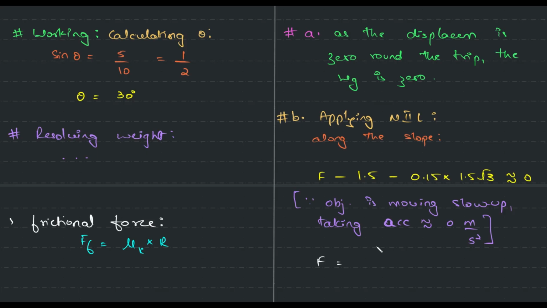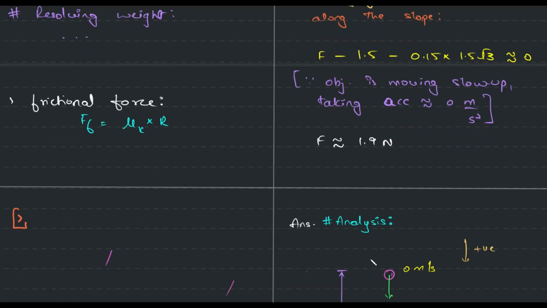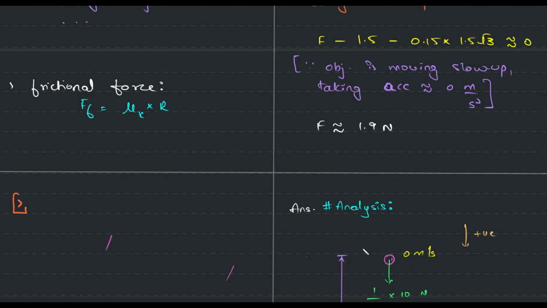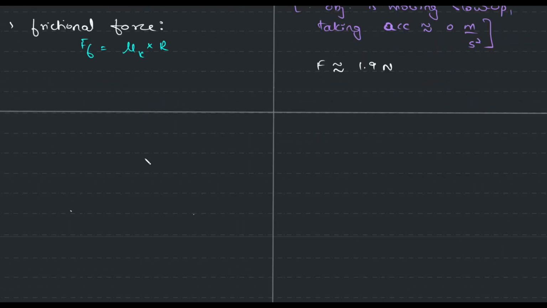Into 1.5 times root of 3. Sorry. And this is 1.889. So 1.89, 1.9 also, it's okay. Approximately 1.9. Let's suppose that we are applying this as the force, then the work, therefore the work is equal to force times